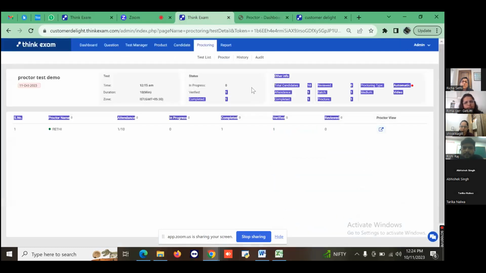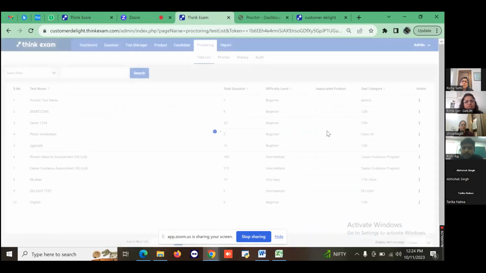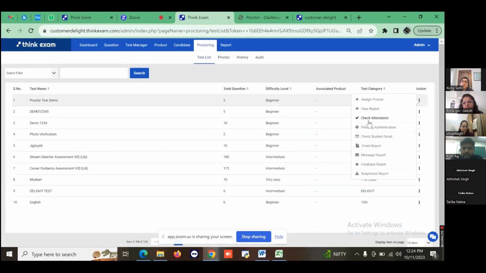And if you want to see the other things, we have the attendance report. We can check the attendance, and if it is manual proctoring, we can authenticate the candidate. We can have an event report showing at which particular time the candidate has done a particular event. We can have a message report if there is any communication between the proctor and the candidate. A feedback report, if the proctor has given feedback, and a suspicious report, if the candidate has done a number of